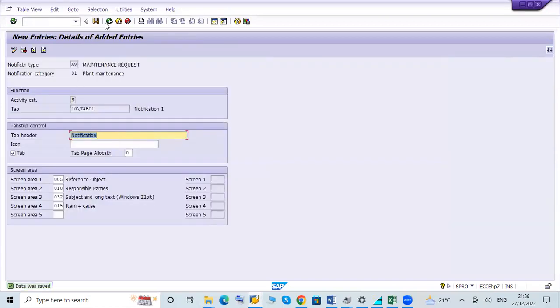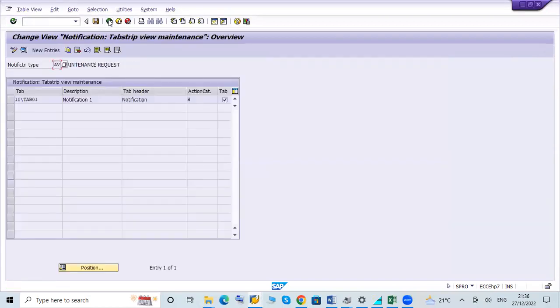Now one thing we have done, another thing I'll tell you. Instead of creating again, I want this particular thing during creation, in change mode and display mode also. The same screen should be visible, right? If I don't give it, it will be visible only during creation mode, and at other times it won't be visible. So I require it during display and change mode also. What should I do, create again? Instead of that, since it's the same thing,